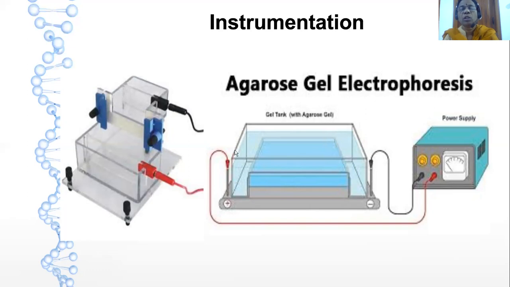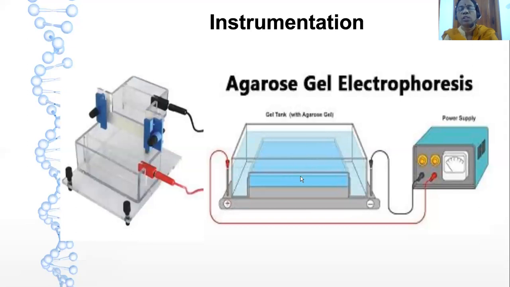So what we do here is we need to put a cellophane tape and close it on both the sides here. These two are already closed, so we are supposed to close both these sides using a tape. After that, we are supposed to layer the agarose after melting it with the buffer, so that the molten agarose is casted in this to a certain thickness.